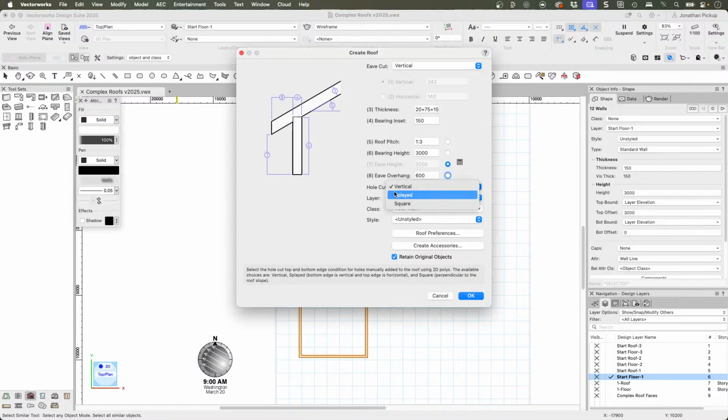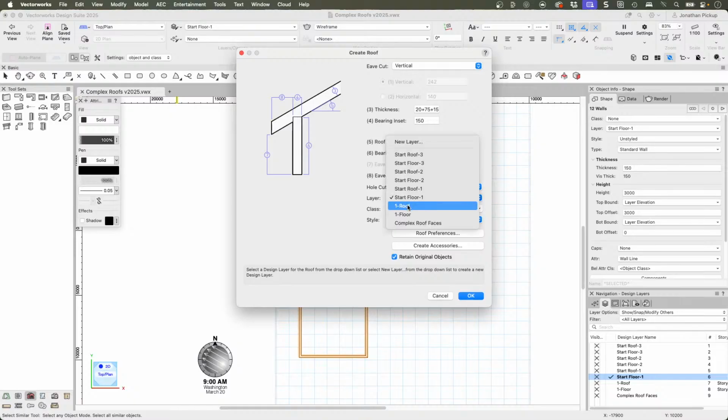Hole cut. And square would be like the square perpendicular to the roof slope. So what layer do we want? Do we want to put this on our roof layer, or do we want to put that on the same layer as our walls? I'm going to start by putting it on the same layer as my walls,